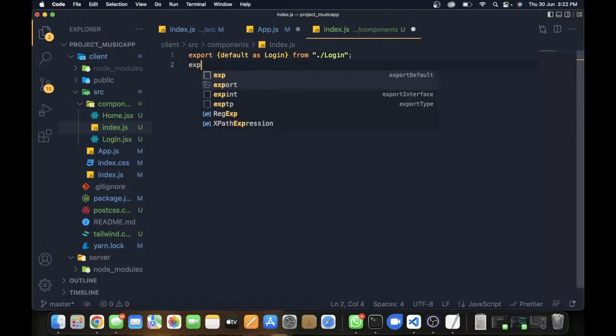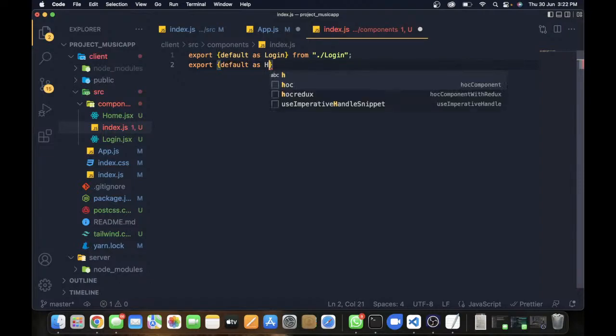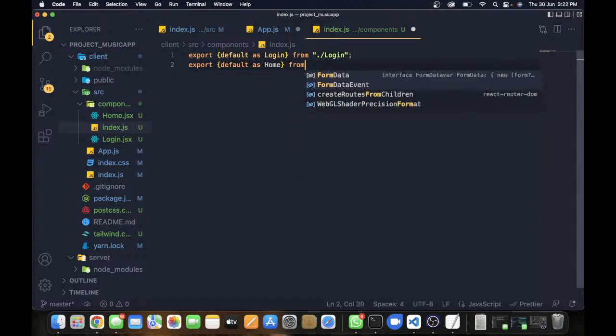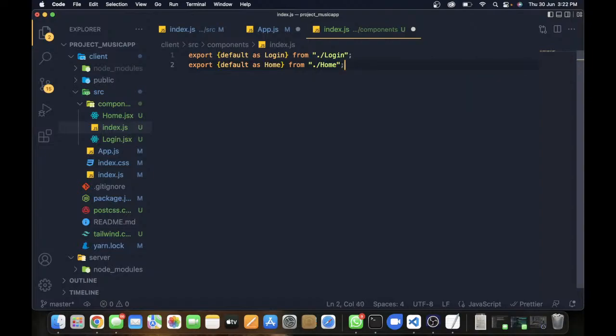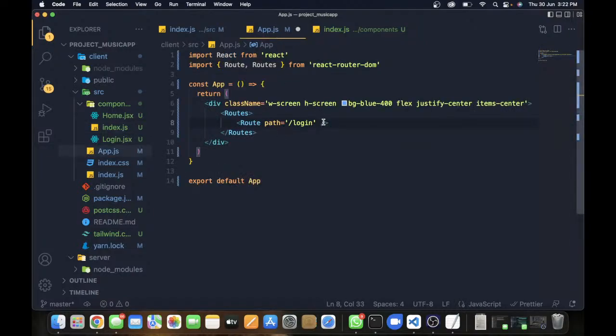Okay, then export default as home from /home. So these are the login and these two packages we needed. Let's import it. And now here what we have to do is use the element. Inside this element tag, all we have to do,